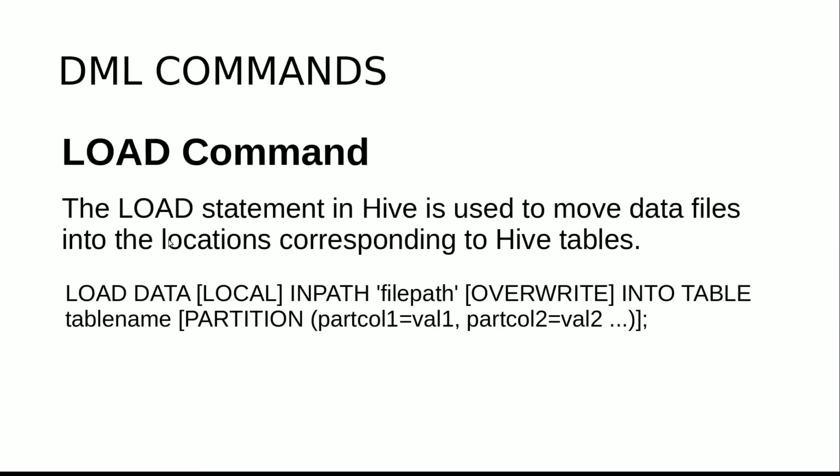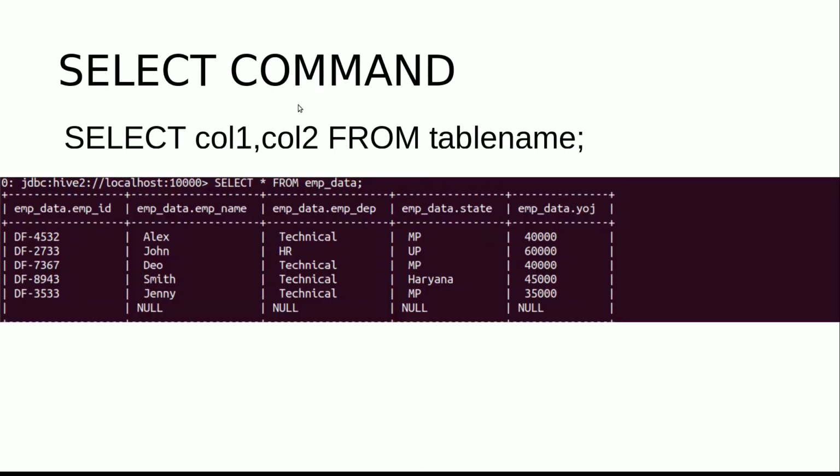So next are the DML commands. So how do you work with the database with Hive? You see over here, just the load command, it just loads the file whatever you write over here, like see in path file name, whatever file path you write, it will get stored into the table. Next is the select command. In select you see all the attributes and values of the table name mentioned over here.